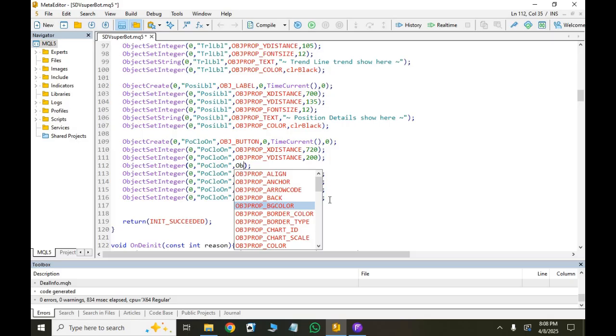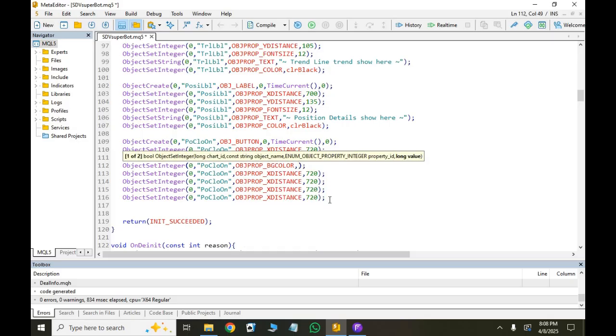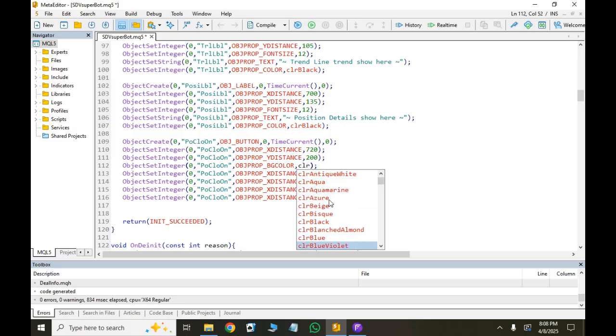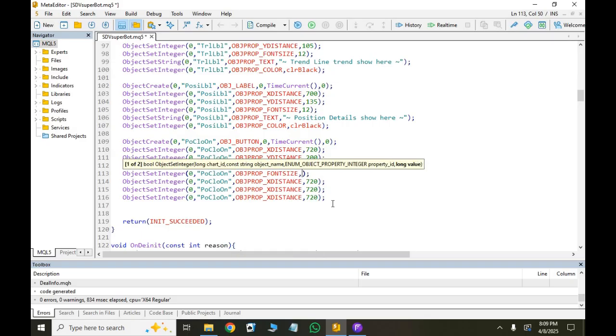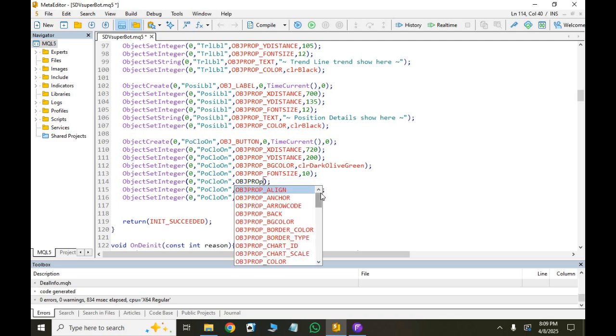background color. Background color I set, color background, some dark olive green, and font size we set 10. And